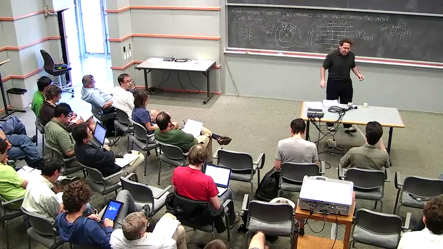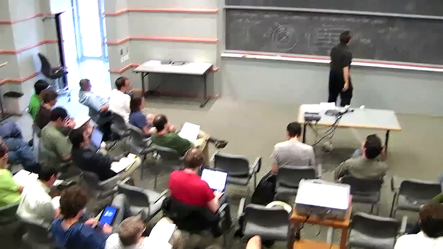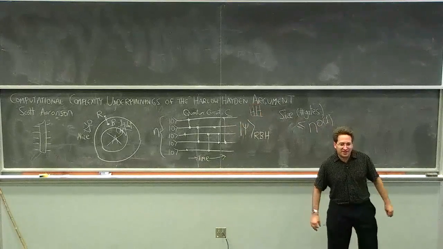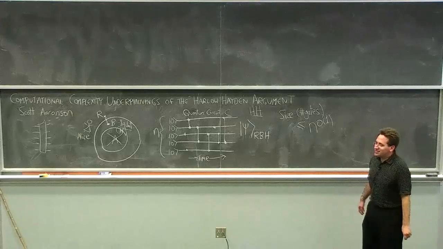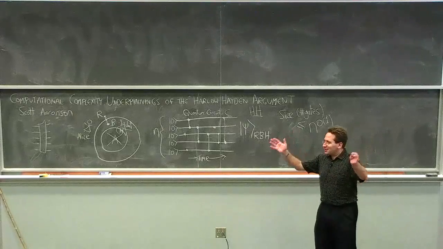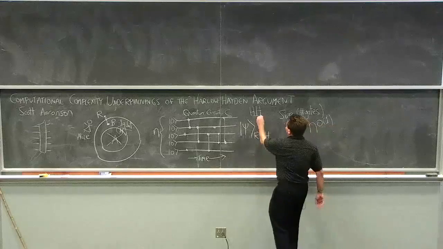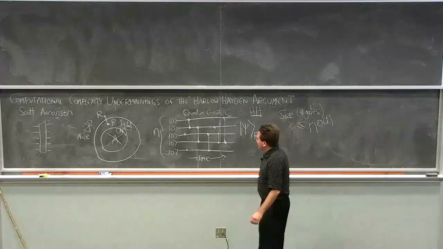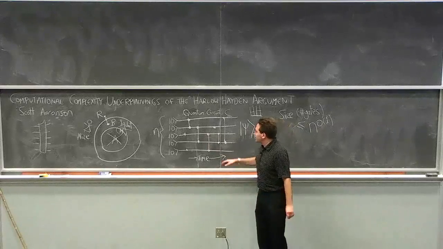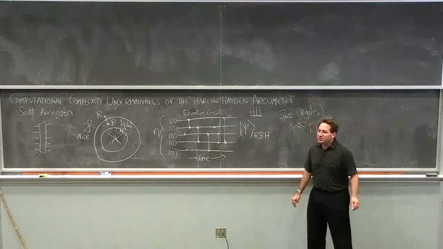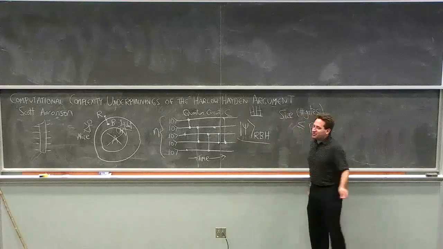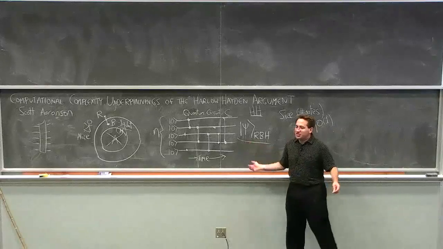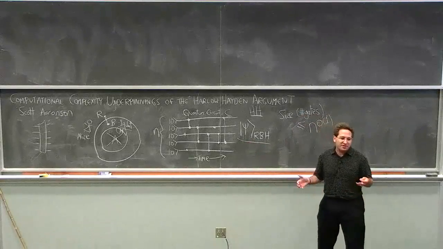Okay, so to recap, we can define what I'll call the HH problem, the Harlow-Hayden problem. We could call it the Hawking radiation decoding, which has an acronym HARD. I don't know. Let's just call it the HH problem. The problem is that Alice is given as input a description of a quantum circuit acting on n qubits, which produces an output state, a tripartite pure state, psi RBH. And here B is just a single qubit.